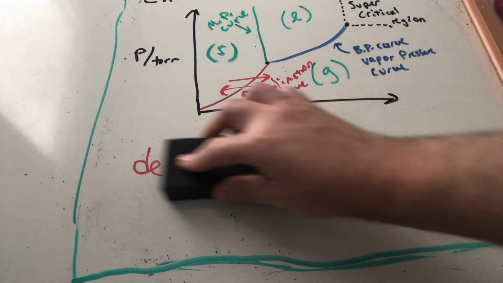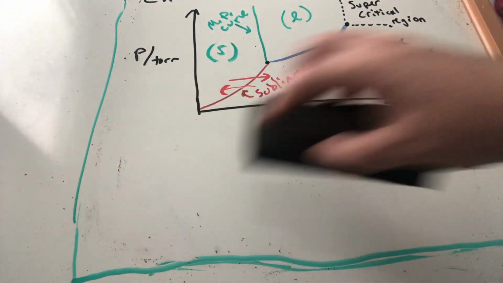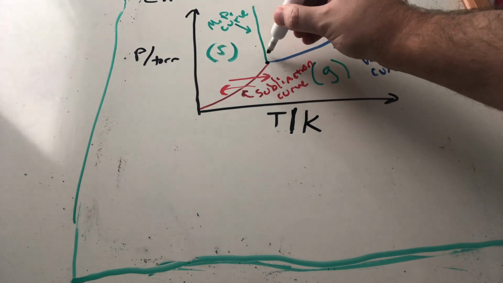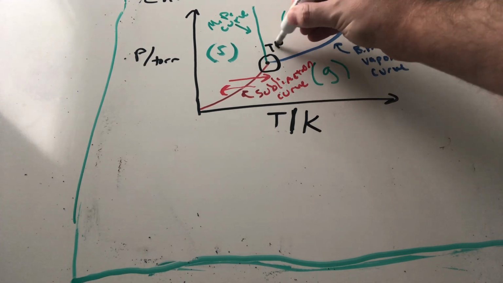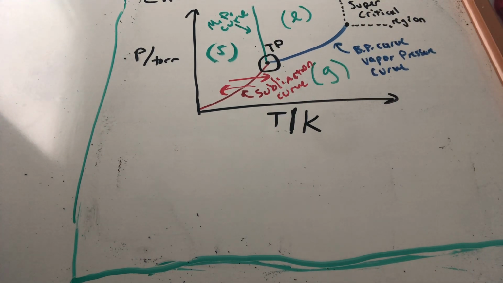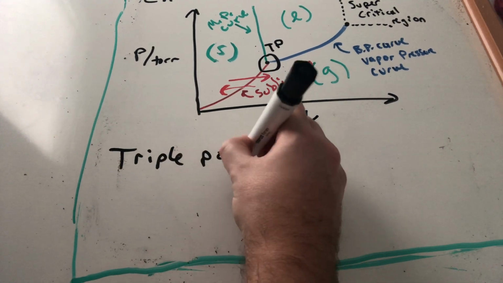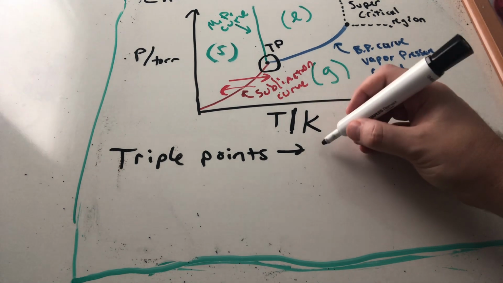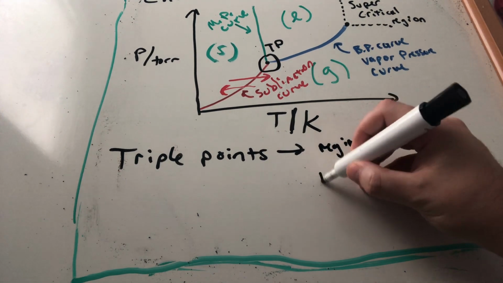So what are the other important parts to see on this curve? The other important parts to know are these two black dots that I have. That dot right there, I'm going to label it TP because that is the triple point. Sometimes on phase diagrams, you see triple points. Some phase diagrams have multiple triple points. You never have a quadruple point or anything like that. Triple points are regions on a phase diagram